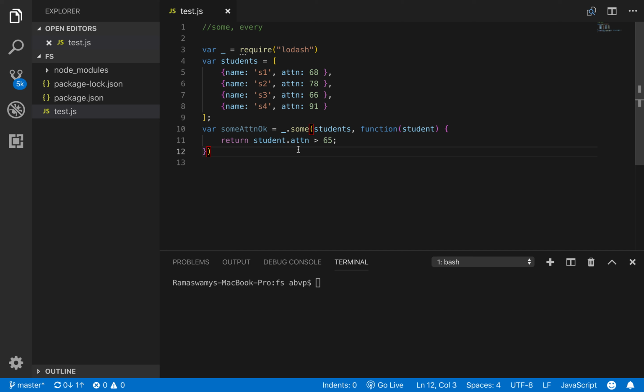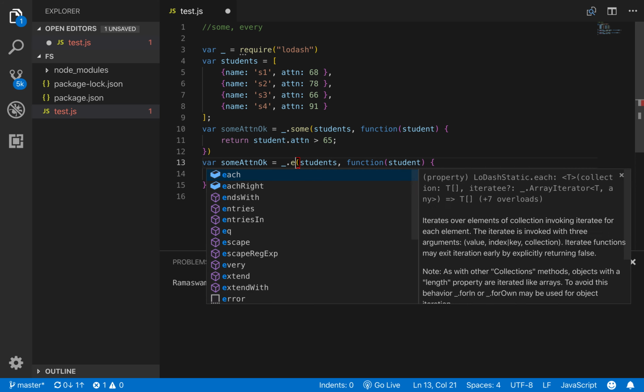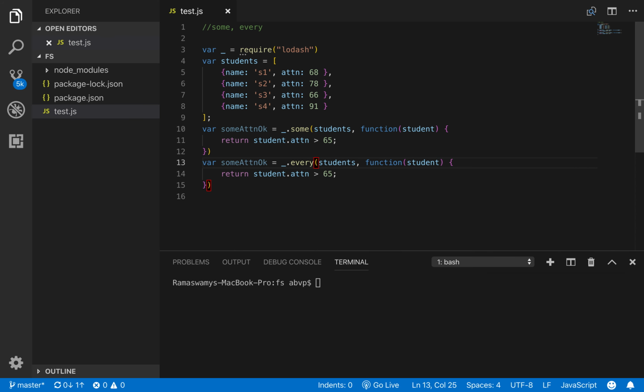Okay, so similarly, let us now pass the students array to the every function. So let us copy this code and now call every and have the same condition, student.attendance greater than 65, and save it in a variable called allAttendanceOk.